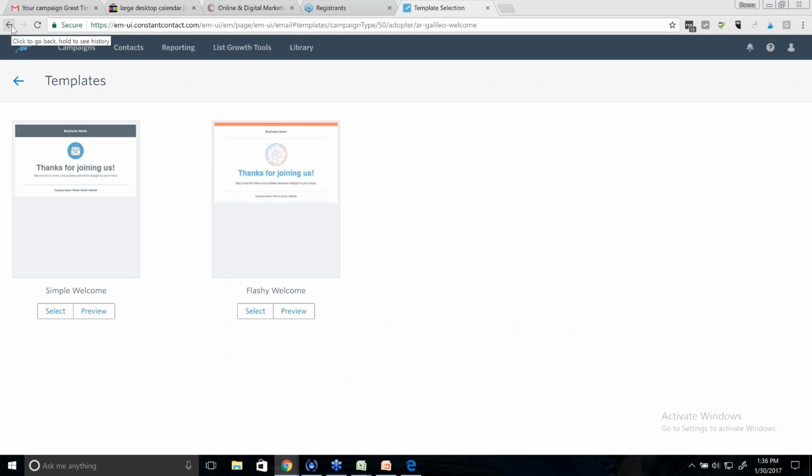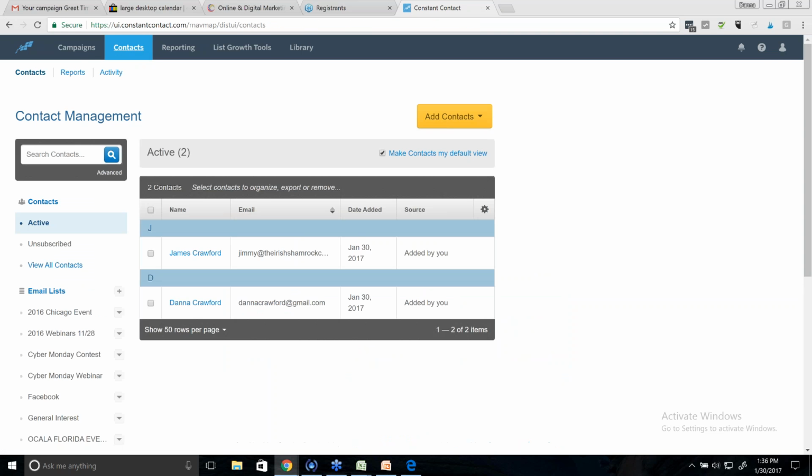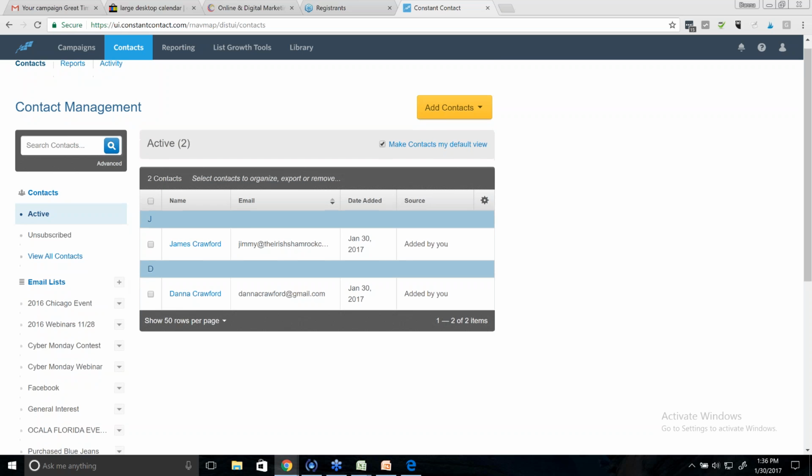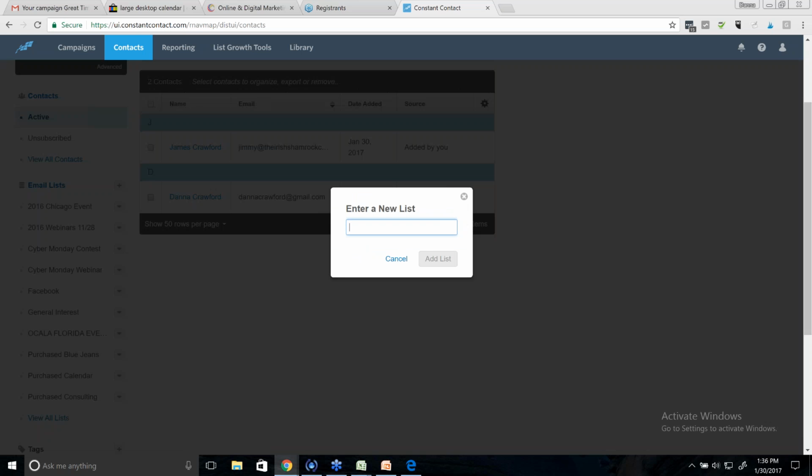Or what I suggest actually is, let's go back to contacts. Sorry, let me back up. Let's go to contacts and let's create a list. To create a new list, you can go to the left and just click on this plus sign, and you can create a list from here. So this will help you going forward, before we set up the autoresponder series. This is how I find it easier, is to have my list ready. So let's say I have my list of people. And you create this list before you add people to it, by the way. You want your list to be empty, fresh and new.